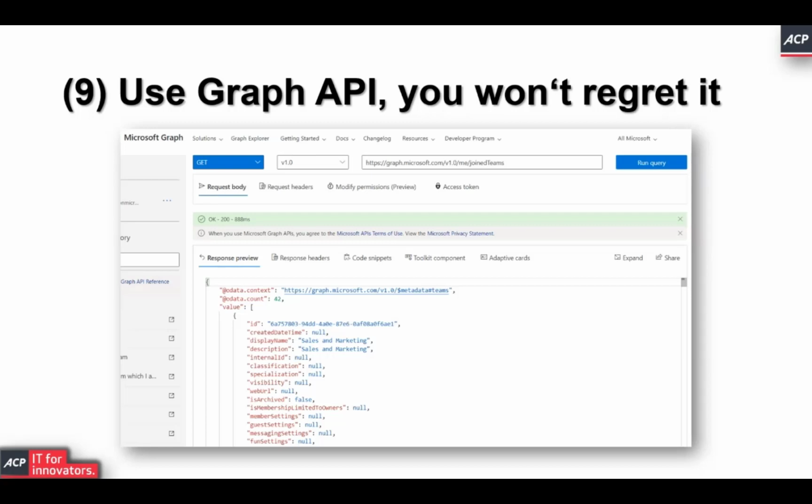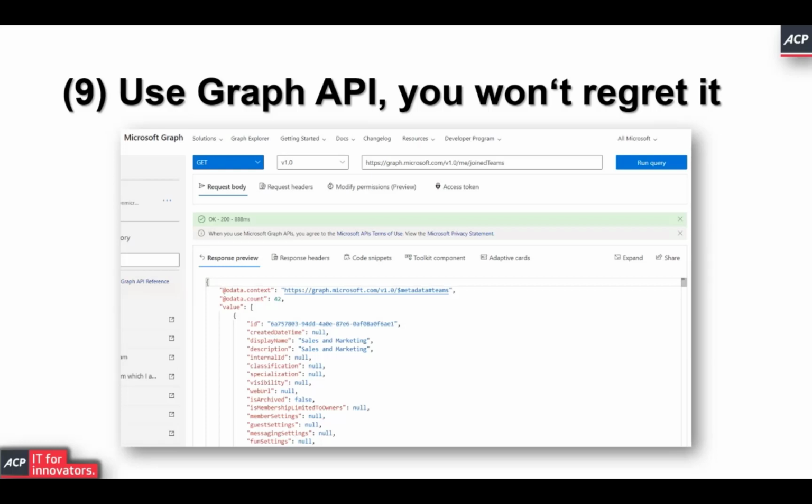And the nice thing about Graph API is that it's not on that screenshot here, but on the left side, you have already a good selection of sample API requests that you can use and put together. And compared to other documentation, the Graph API documentation is really good. So if you're looking for something and you Google something like Teams change with Graph API, there's a 90% chance that this can be done with Graph API and that there is documentation for it.